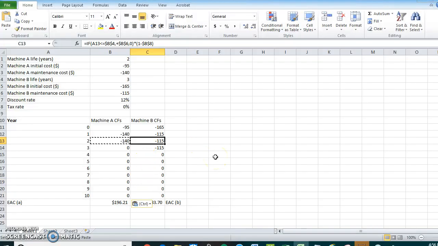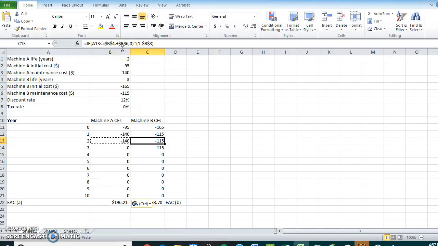But again, I just wanted to make sure that I could go through this with you without stopping and starting and figuring out where the commas were, because that just kind of defeats the purpose. So again, if year 2, A13, is less than or equal to $B$4, which is machine life, so dollar sign column, dollar sign cell or line of machine life, comma, plus $B$6, so